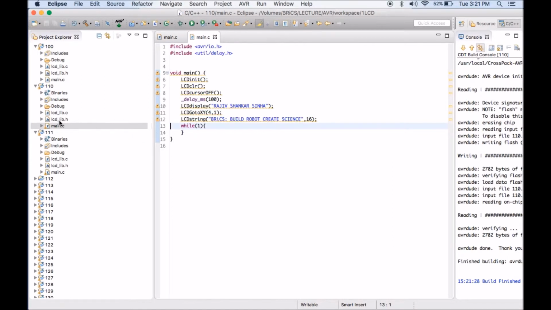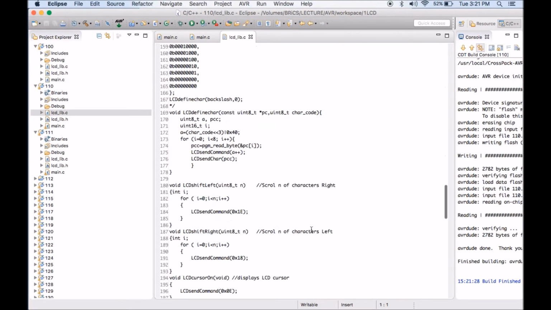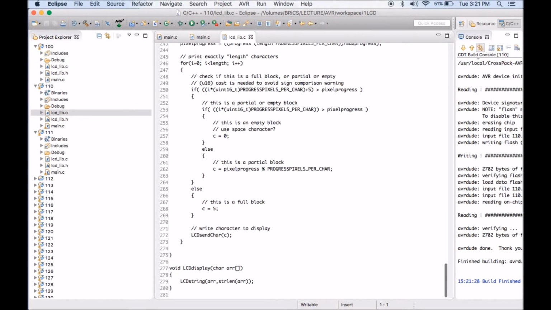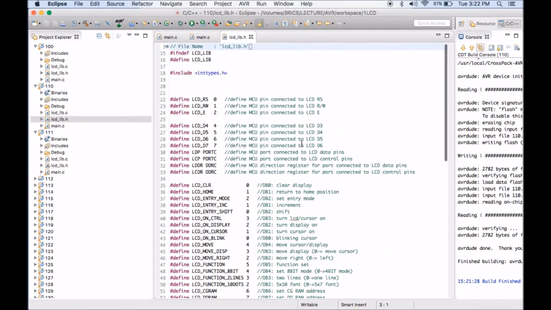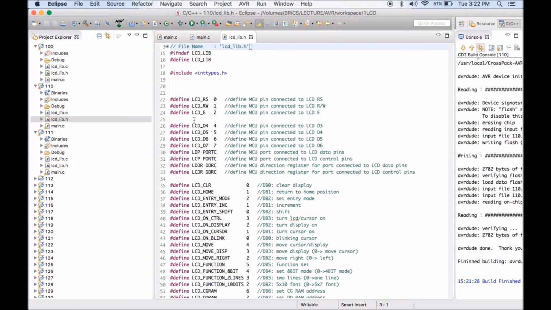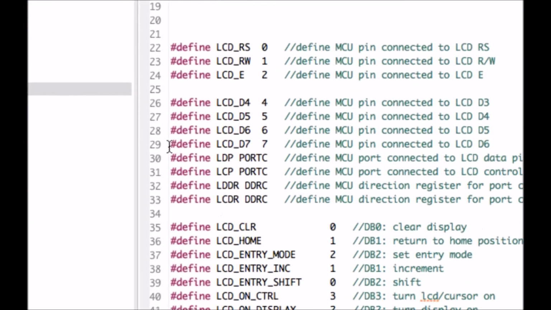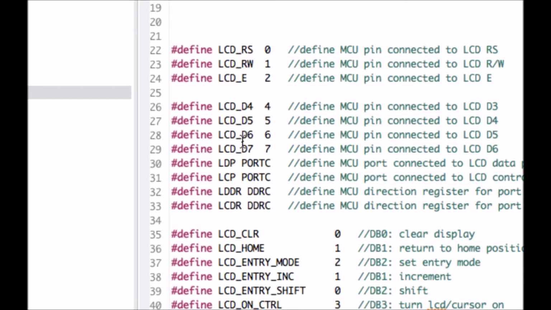Now in this tutorial I would also like to show you some code in the library file which is important for us. If you open lcdlib.c, you will find a big code inside, and I would not prefer you to read this code, but the file lcdlib.h is a small file which you can read very easily. In this file, the first few lines explain the electronics which we have prepared to connect the display to the microcontroller.